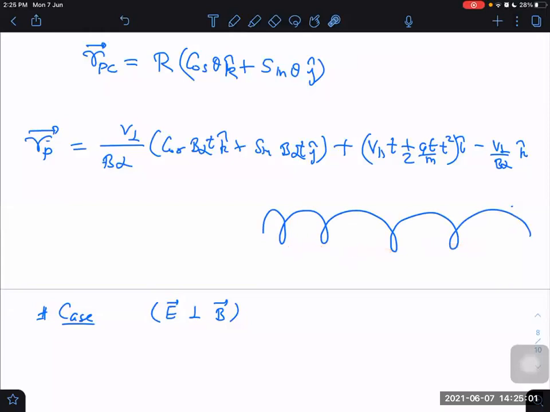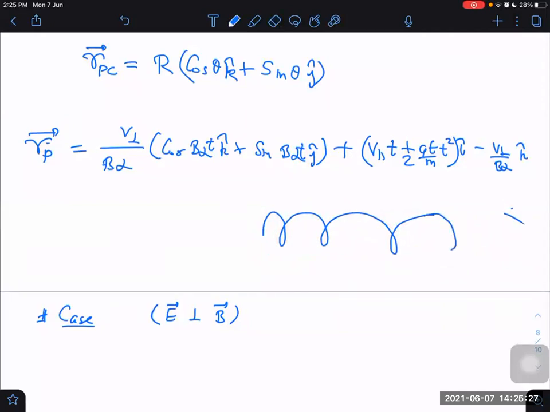Variable pitch. Every time there will be a different distance between two consecutive points where it touches the line which is parallel to the B axis but is tangent to the helical path. That line it will now touch after unequal intervals of space, and those will keep on becoming more and more. It will be like a spring of variable extension, something like this. It will keep on increasing, like after we pull it and leave it.